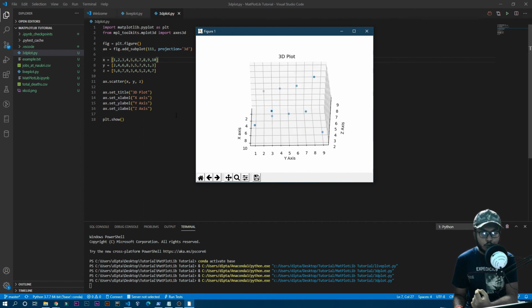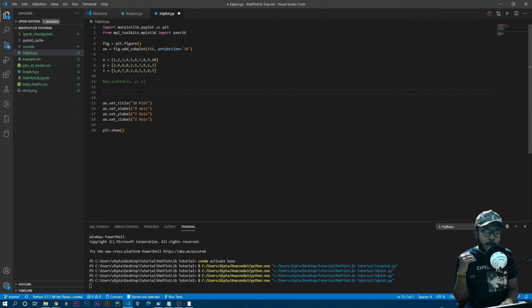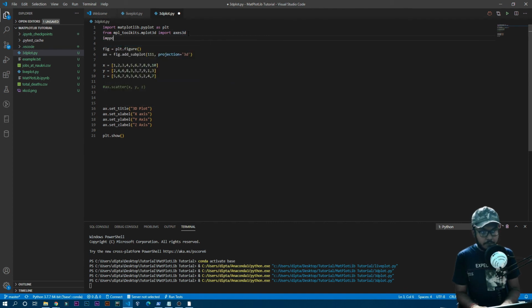And now let's see how to plot a bar plot in three dimensions. That is kind of tricky, so let's do that. Okay, so I'll just quickly comment these three lines. For a bar plot, we need the x-axis, y-axis, z-axis values, as well as dx, dy and dz values. So we will use numpy so that we don't need to write these 10 values again, right? So we are going to quickly import numpy